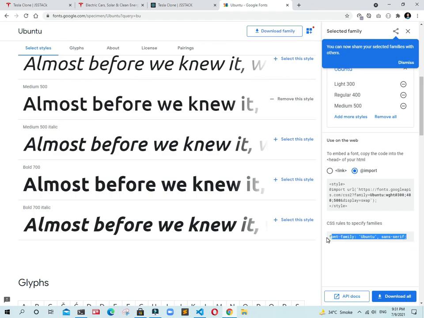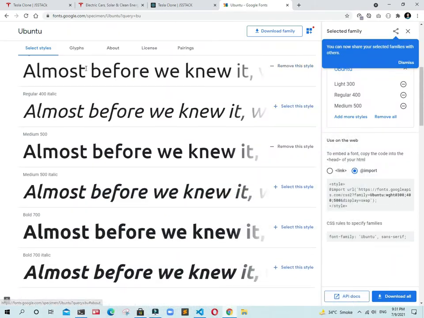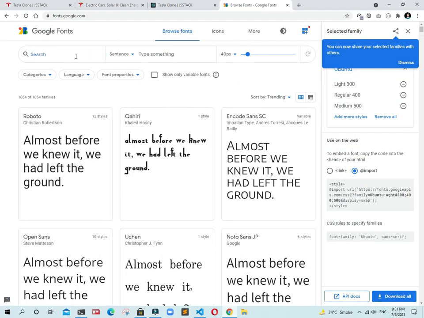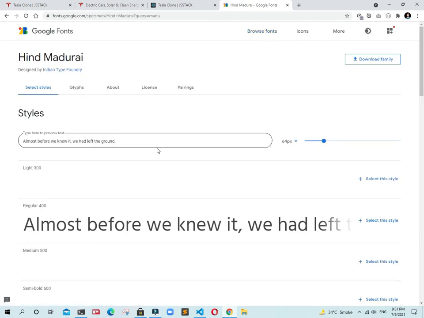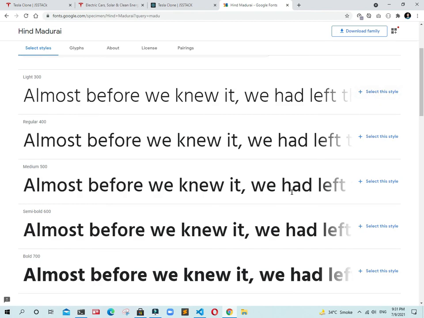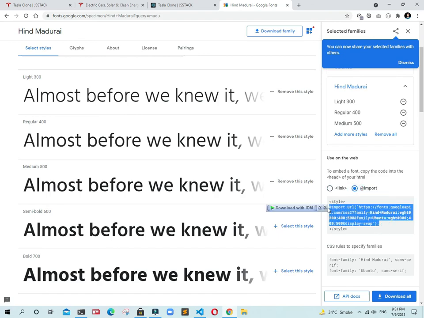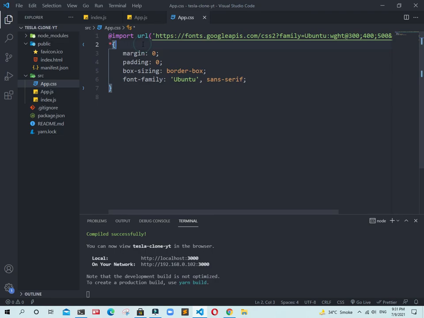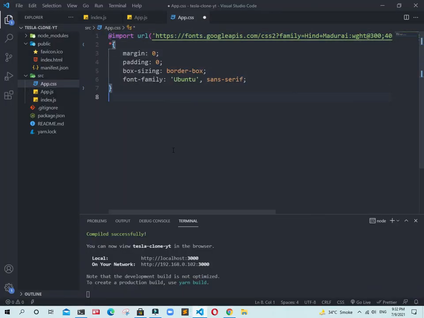Now again copy this CSS rule specifying the families. Now add it globally. We also need one more font family, which is Hind Madurai, which is a very awesome font for our project. Also select 300 or 400 and 500. Now add an import again, also select this URL and paste it instead of this one, because we are importing both families. Now select there and create a class there,